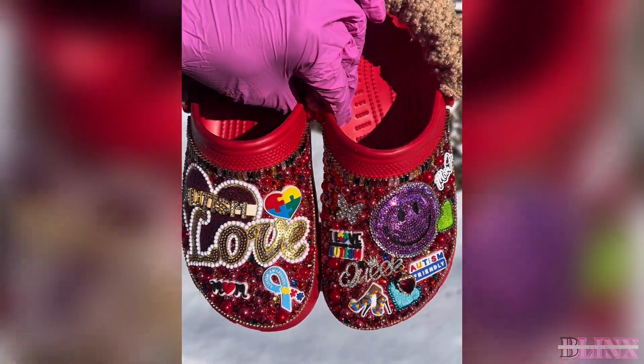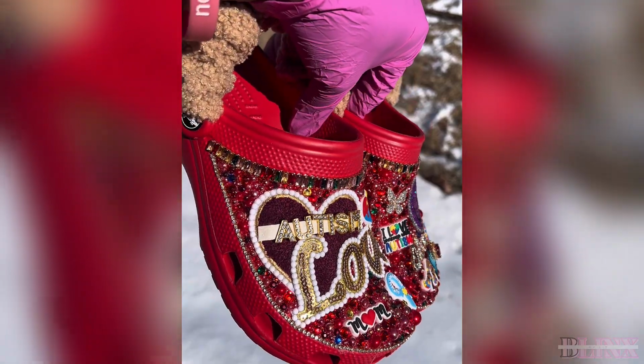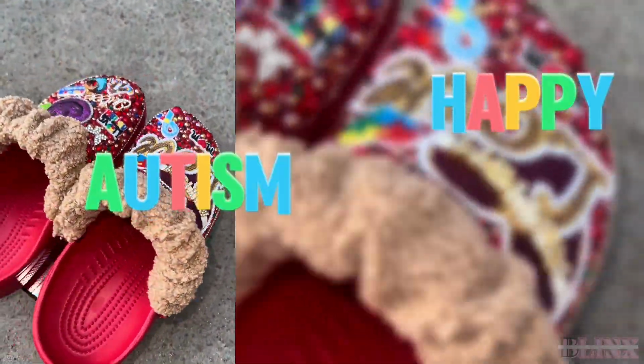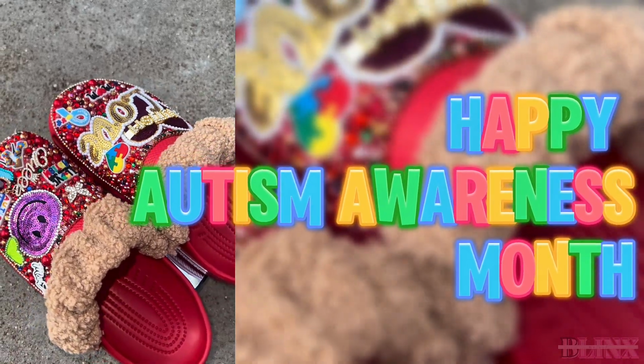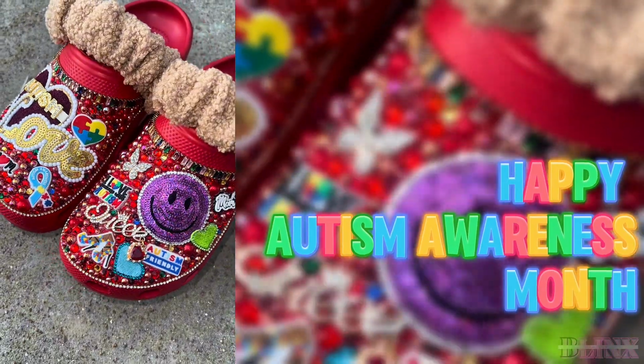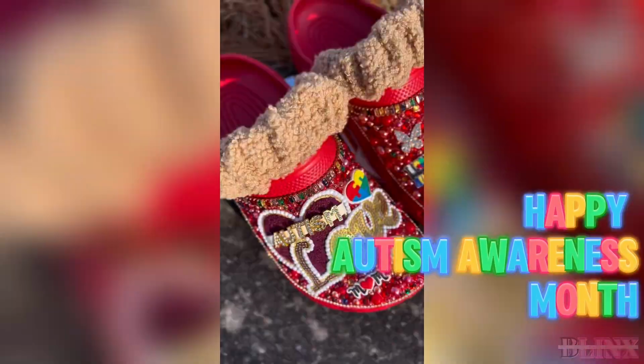It's April, and I thought this would be the perfect time to drop this DIY in honor of Autism Awareness Month. Not to mention, I haven't uploaded a Bling Croc DIY since 2023, so today this is the 2025 version of how I bling my Crocs with updated tools, what I would, what I wouldn't do, and answers to questions